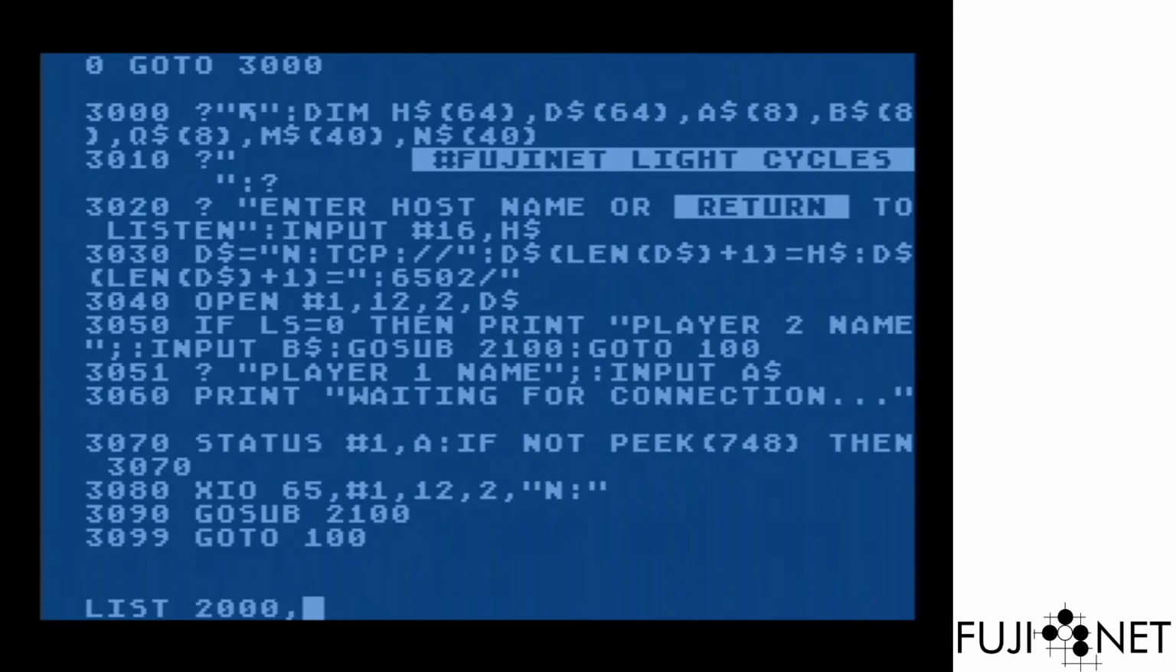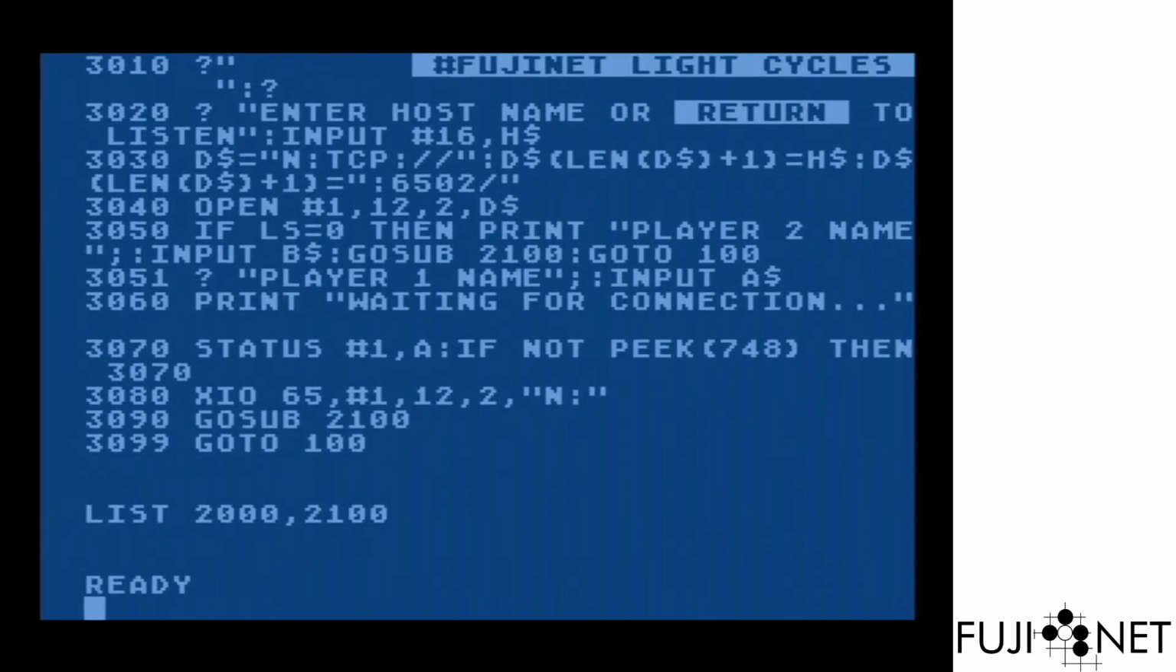If we look at what's at 2000 to 2100 right now, there's really not much here at all. But this is where we can easily store subroutines that we can use to our advantage. We'll start at 2100. We'll go ahead and trap 2130 in case something goes wrong, but if we are listening, which we know because we are setting ls to a particular value,